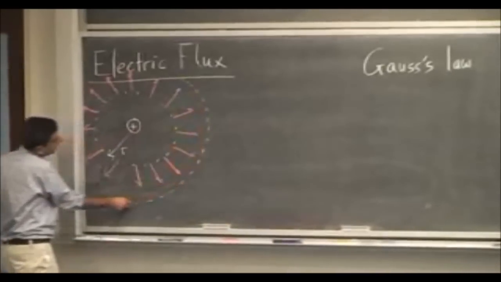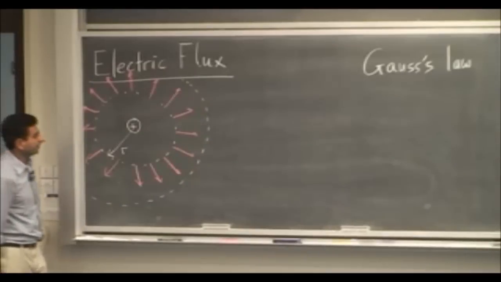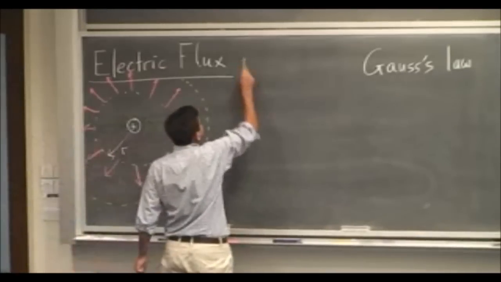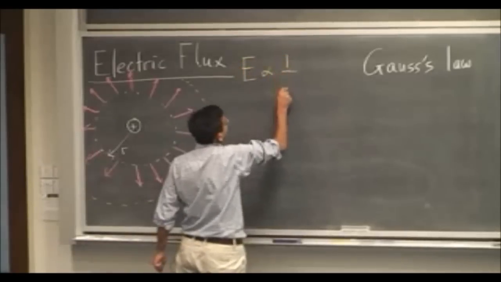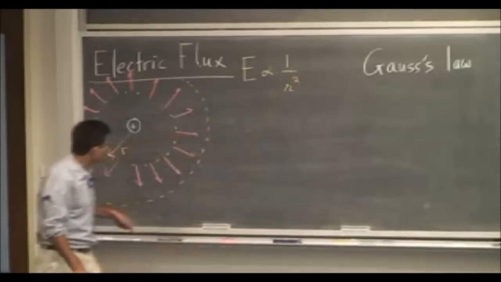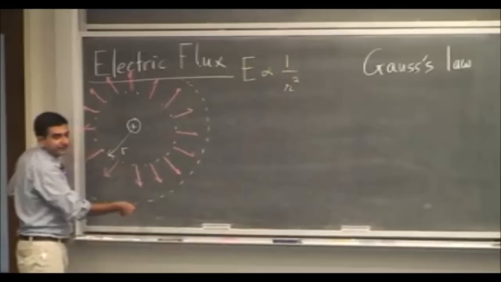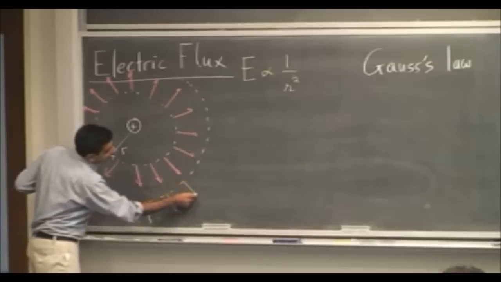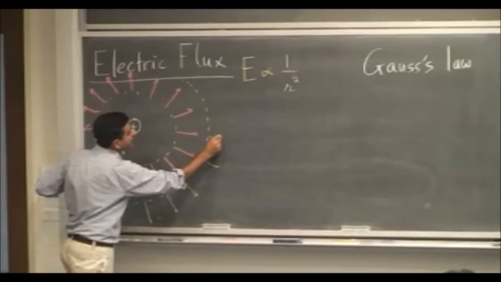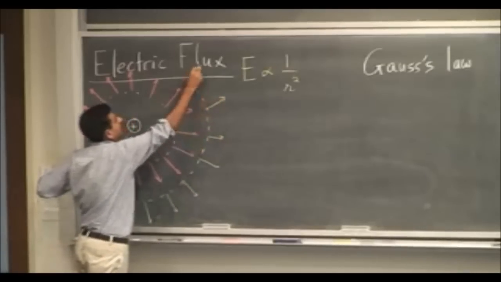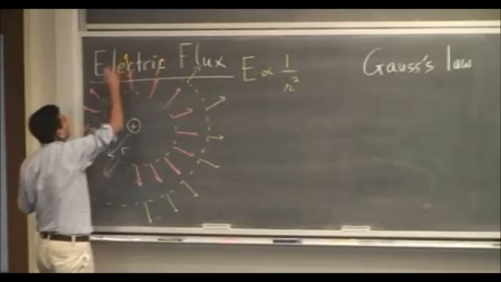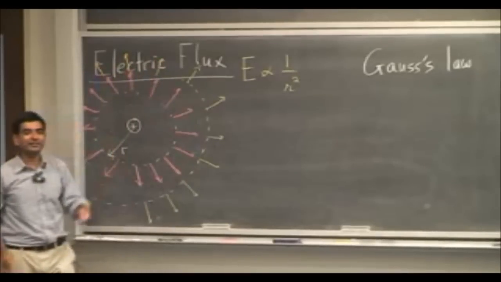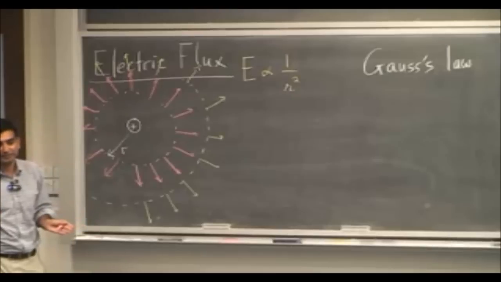So the electric field at a larger distance would be smaller because the field falls off as 1 over r squared. This is something we learned from Coulomb's law. So if I were to plot the electric field at this radius from the point charge, I will still get an electric field that is radially outwards, but the arrows will be shorter, representing smaller magnitudes of the electric field. But still the electric field at a fixed radius is always pointing radially outwards.